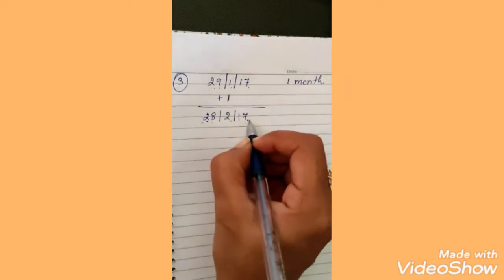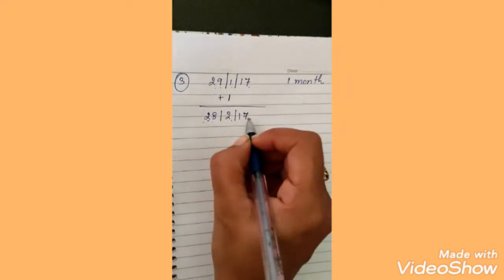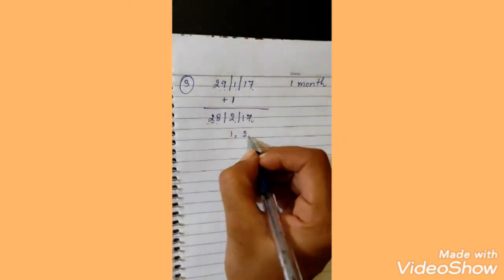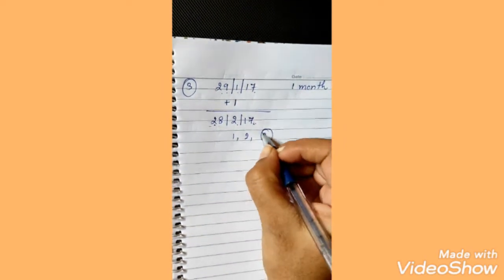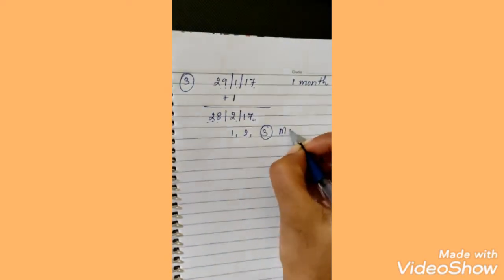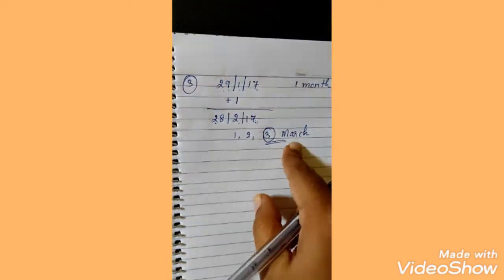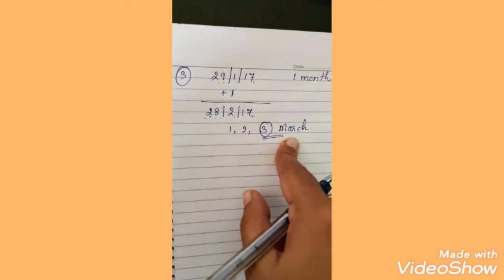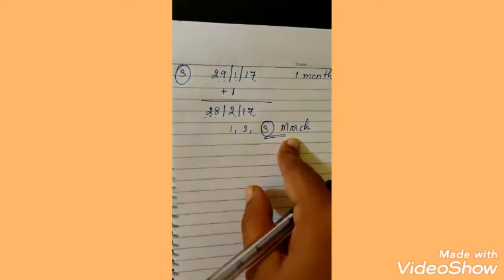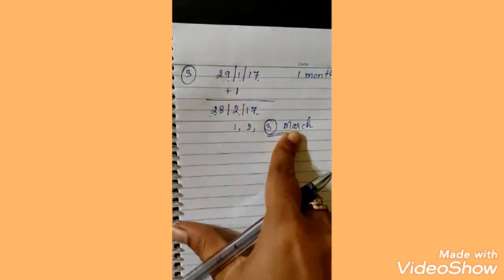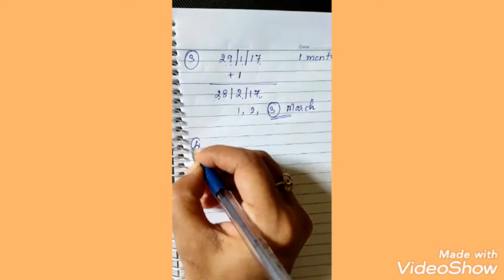So after February ends here, there are only 28 days in February. So the next month will be 1st March, 2nd March and 3rd. So after adding 3 days of grace, I'll reach 3rd March. So my date of maturity will be 3rd March 2017. So you have to understand one thing: in whichever month, you have to consider only as many days as that month has, right? We'll see one more case now.